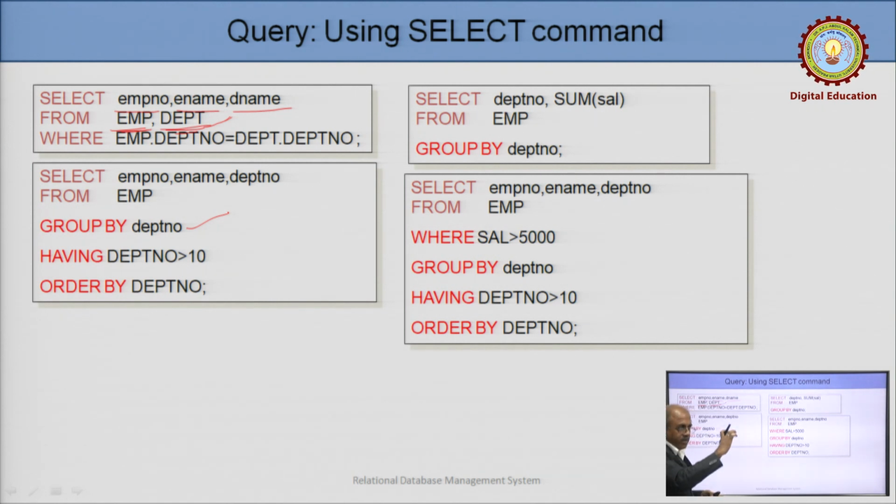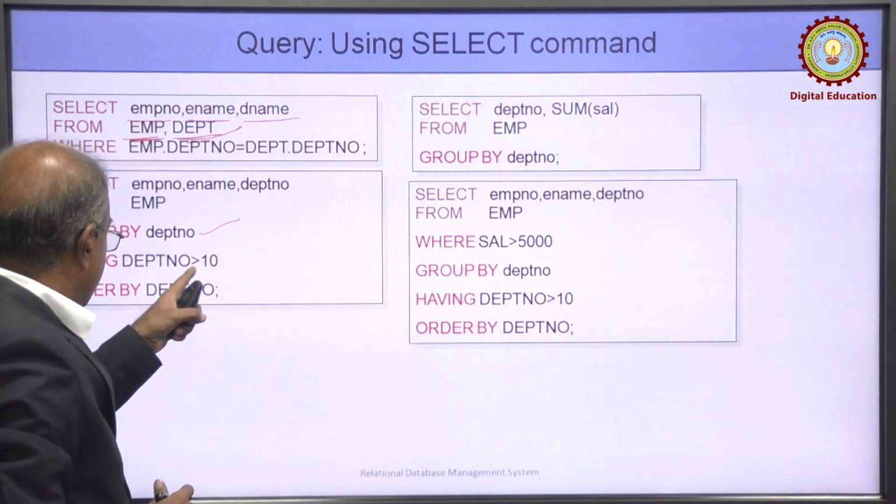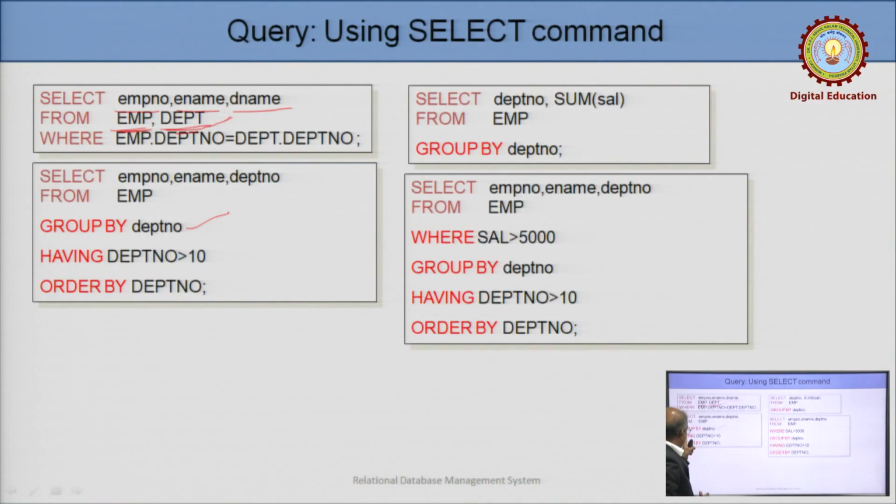Department number 10 will have one group, 20 will have a second group, 30 will have a third group, and employees in department number 40 will have the fourth group. Having department number greater than 10, now we have applied a condition on grouping. So the employees who are working in department number 10 will get filtered out. Only department number 20, 30 and 40 employees will get considered,